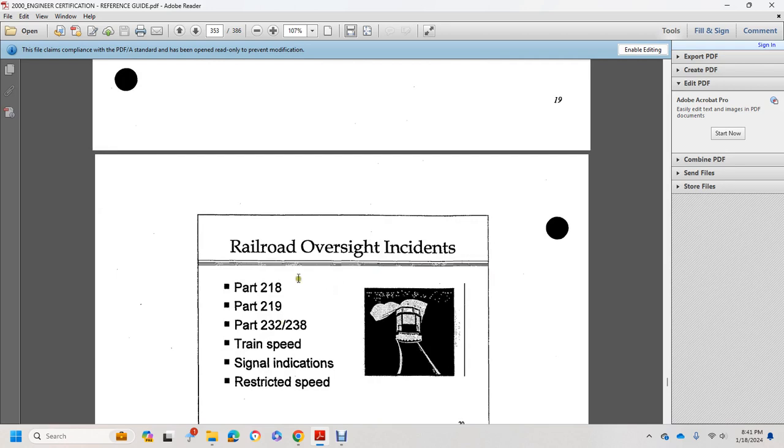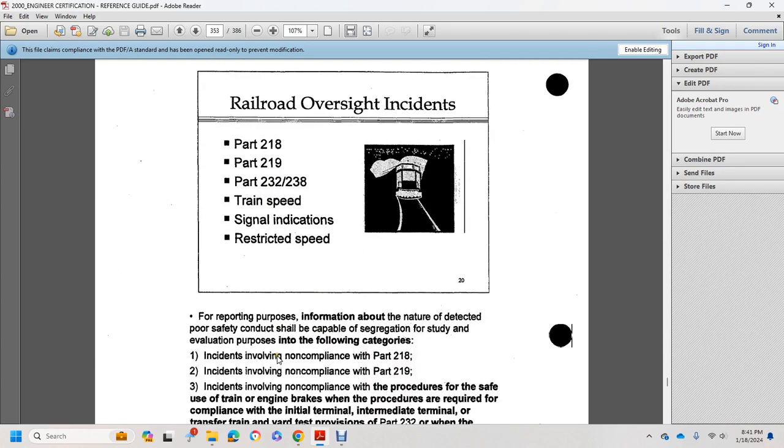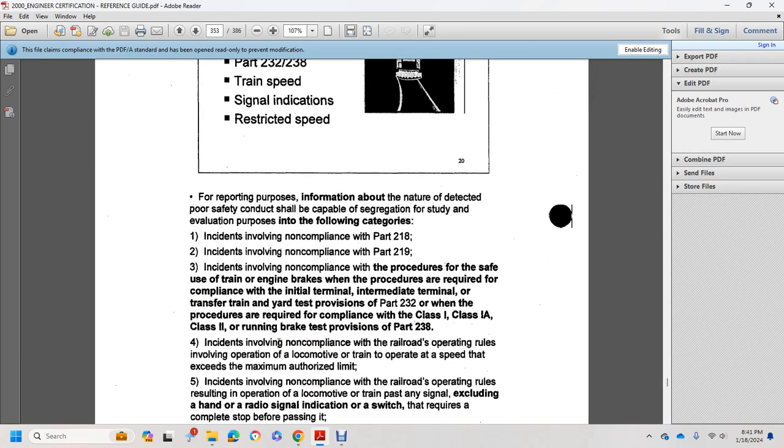Our Railroad Oversight Incident: Part 218, 219, 232 through 238, train speed, signal indication, restricted speeds. For reporting purposes and information about the nature of the detected poor safety conduct, the data shall be capable of segregation for safety evaluation purposes into the following categories of incidents: incidents involved with non-compliance with Part 218, incidents involved with non-compliance with Part 219, incidents involved with non-compliance with procedures for the safety use of the train engine brake,